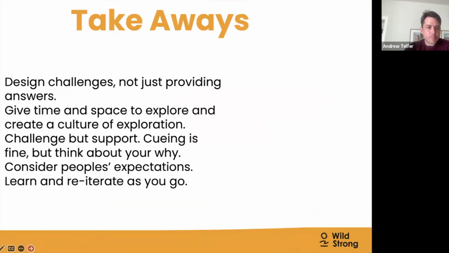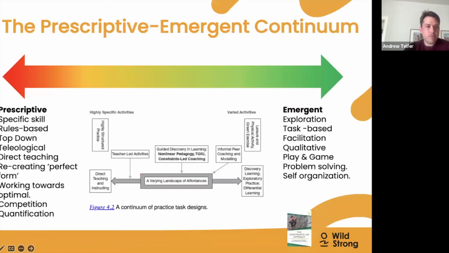So it's probably a good point now for me to come to this idea of this prescriptive emergent continuum. It's one of these things that we struggled with quite a lot. And I think that Luke and Ellie, when you were on the course, I don't think we had really developed this. And I say developed, I stole it. What I mean is I was really struggling with some of the tensions that I've talked about. So here are some of the issues I was struggling with.